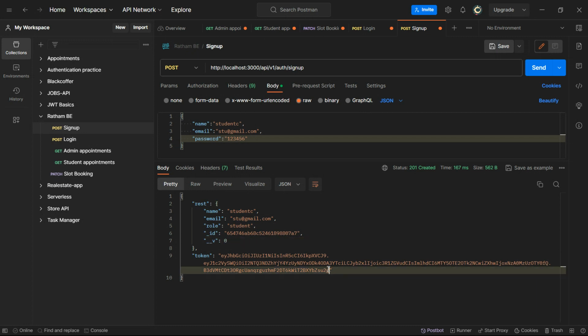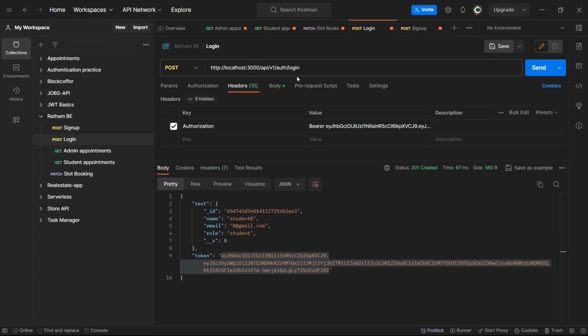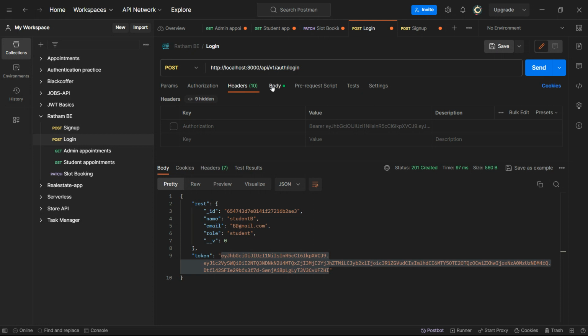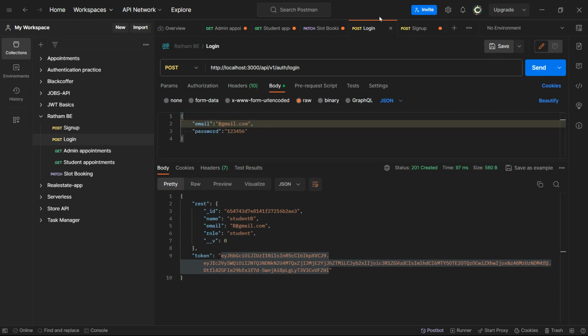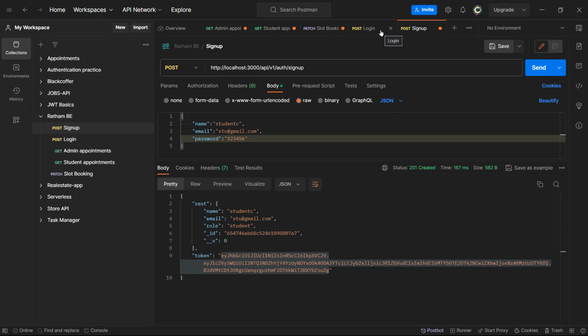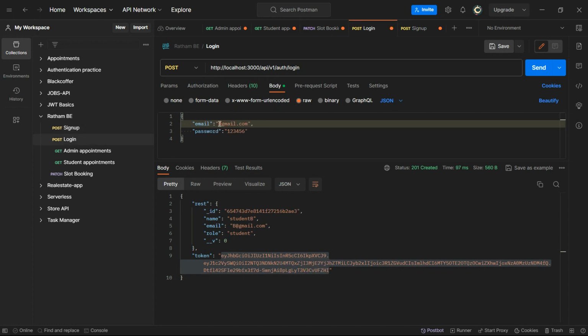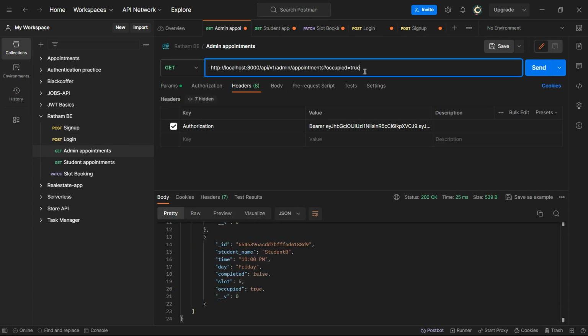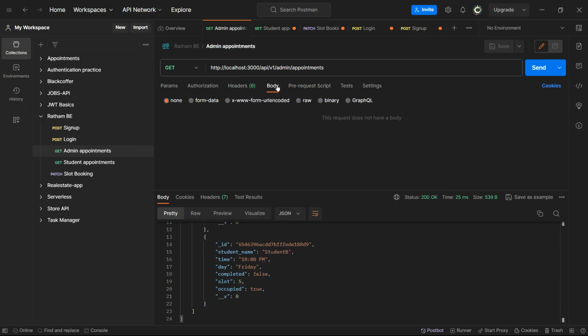So if I want to log in again, so I'll just go to the login page over here, and student. Yeah. So this is the token that I get. Now this particular token is there of a student, and this is an admin route where I want to access